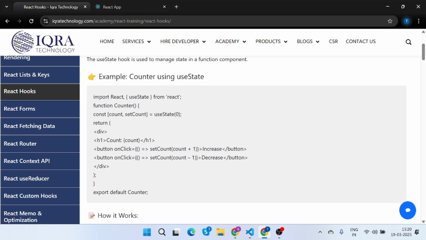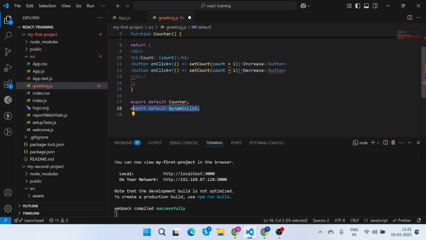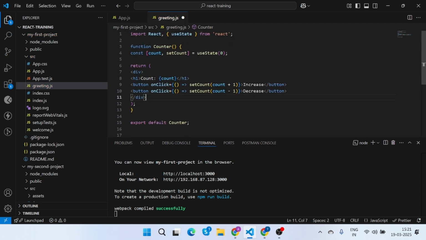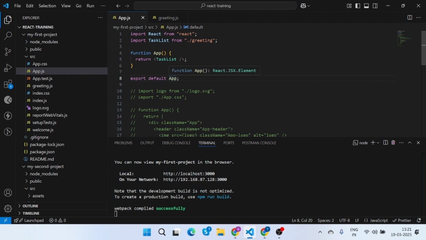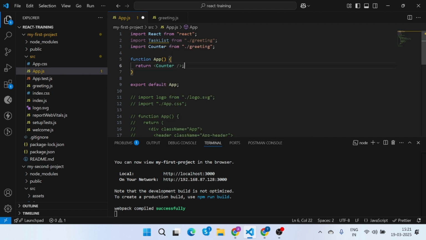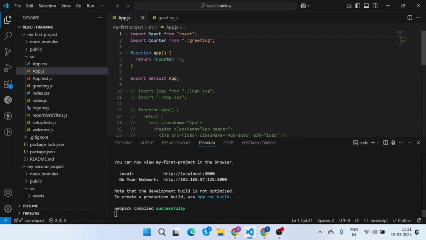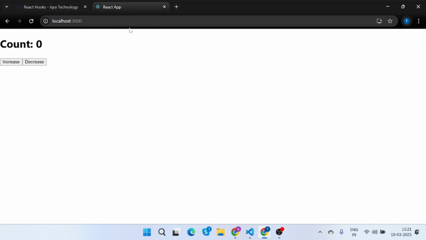Now we copy this code and paste it here, and now we save this, and here we use Counter. Now it's a component, we remove the previous one. Now we save this. Now you can see here we have an increment and a decrement button, and here we